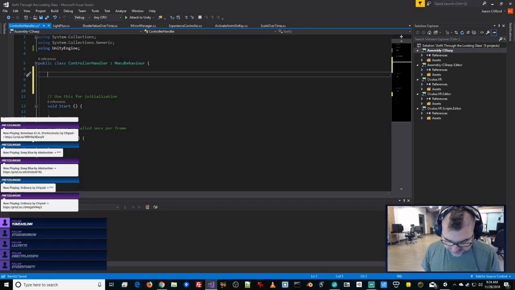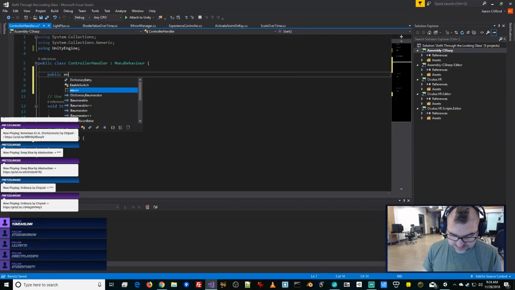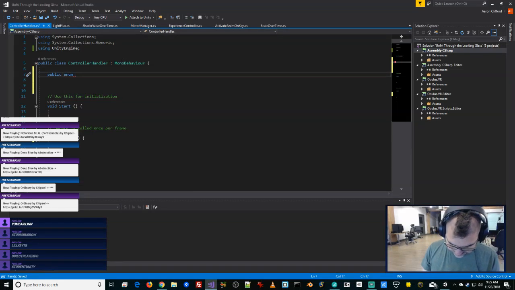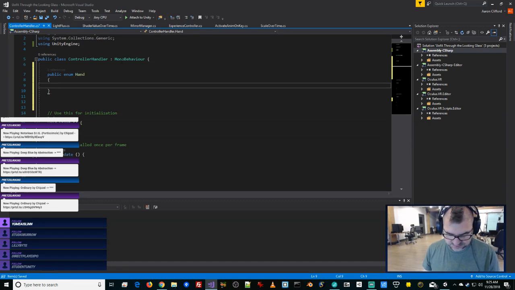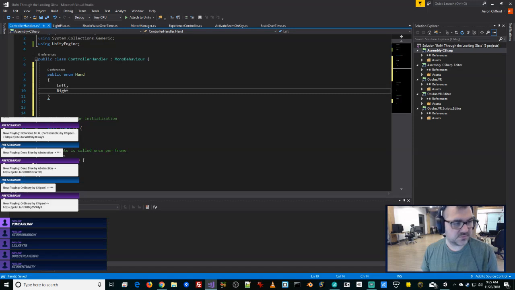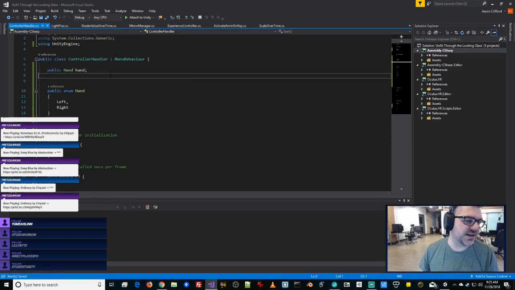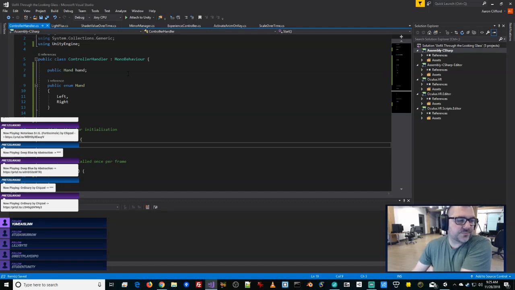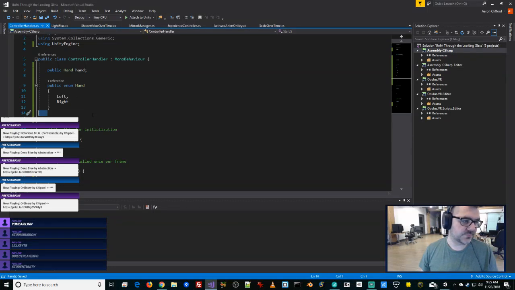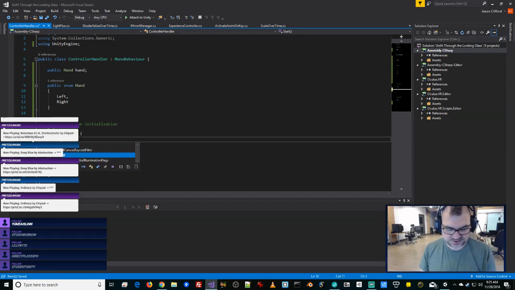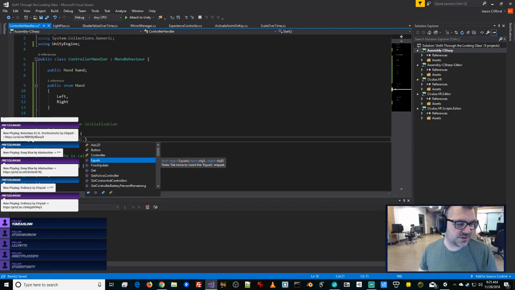So we're going to do public enum, we're going to do a left or right, and we're going to go public hand. There we go. So that'll just let me select which hand this is on. So if OVR input dot